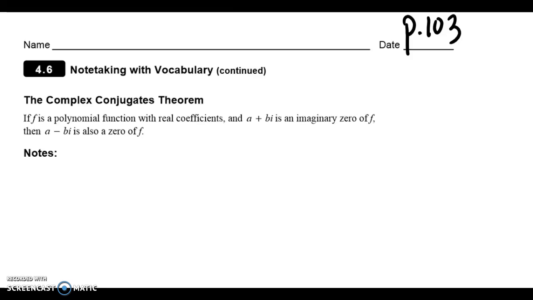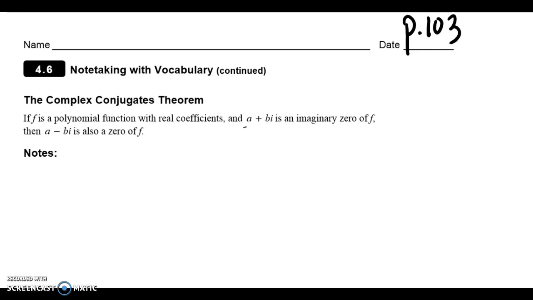Hello, today we are going to do section 4.6. We're going to be doing example 3, but before that we're going to look at page 103 of our journal and look at the complex conjugate theorem, which is pretty much the same as the irrational conjugates theorem, which says